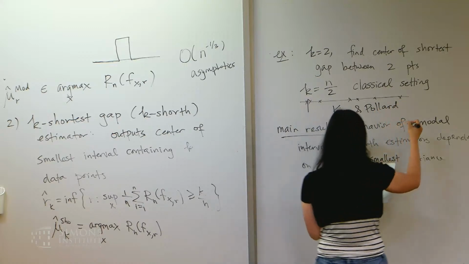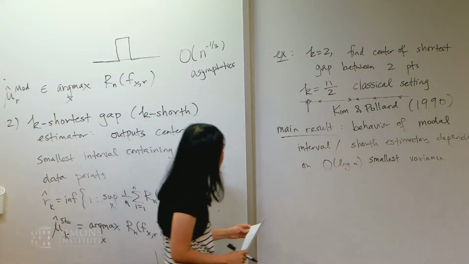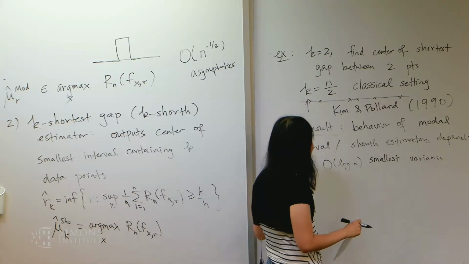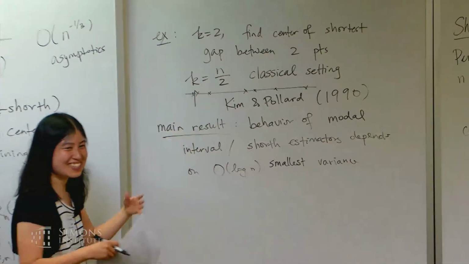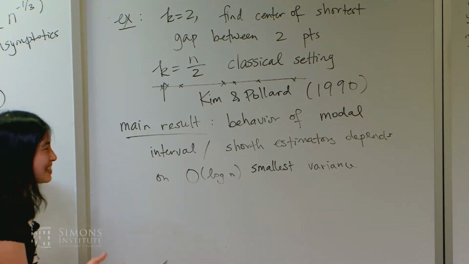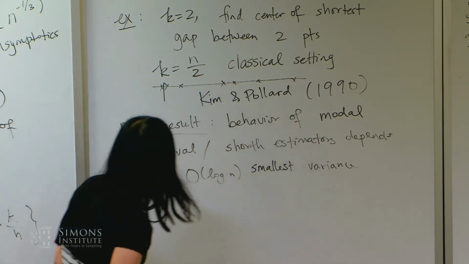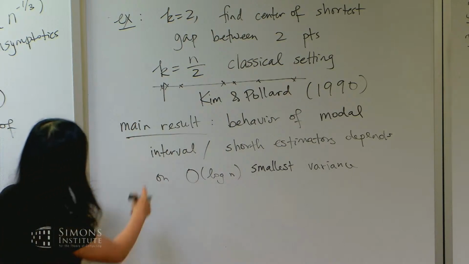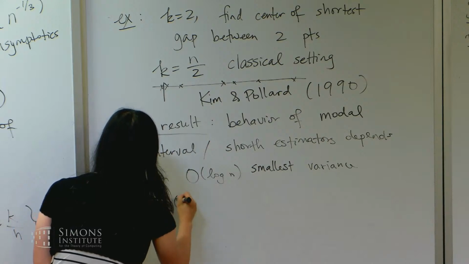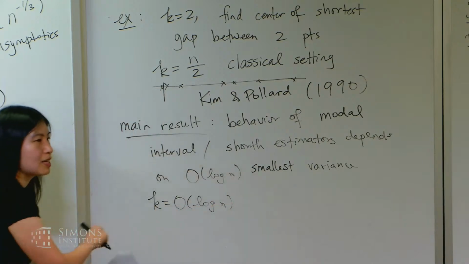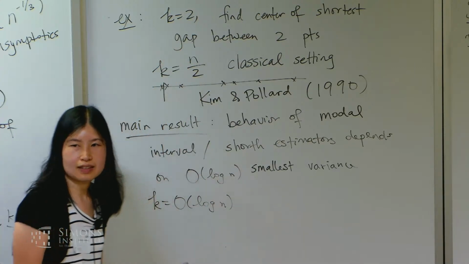Kim and Pollard in 1990, and they have a paper called cube-root asymptotics. I don't really know how Ankit came across all the Shorth literature, but the point is that it helps to know something about robust statistics. It motivates different estimators you might look at, and in some cases motivates the analysis, not quite in our case. Another thing to note is that for our non-standard setting, the value of k that we used ended up being something like order log n. Because we have not IID data, it wasn't quite the setting that was looked at in classical statistics.